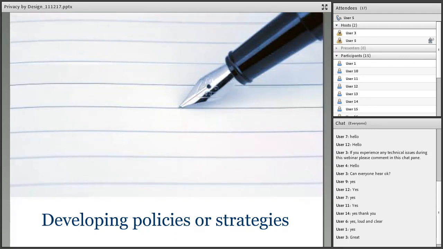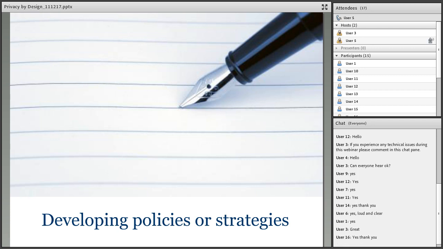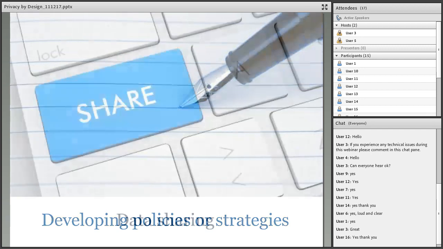Charities developing policy or strategies that have privacy implications will also benefit from adopting a privacy by design approach. An example would be if your charity is drafting an IT policy or any other policy that's got a potential privacy risk. This is an area where you may wish to think about privacy by design, especially if you feel that the nature of the policy or the strategy or initiative indicates that you need to think about data protection at the outset rather than having it as an expensive afterthought.